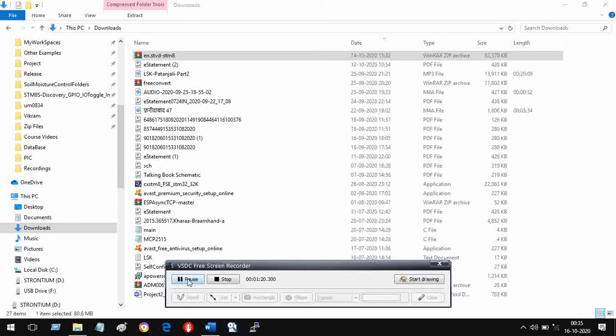If you have unzipped EN-STVD-STM8 and the CX-STM8 here and here, then you will see certain folders in the drive in which you have saved it. Let us go to that.